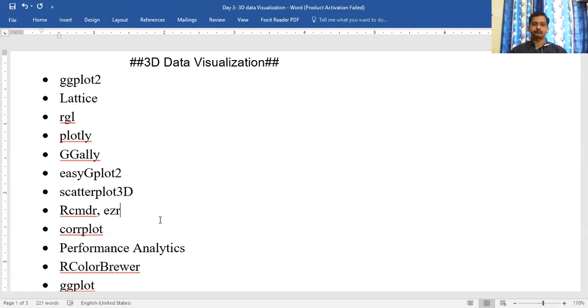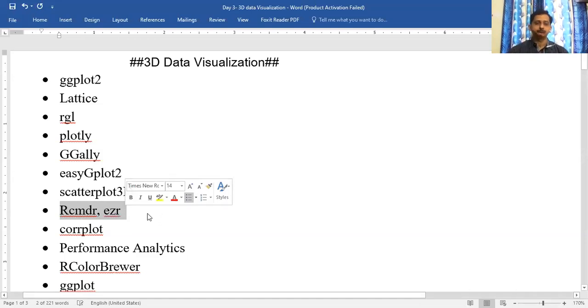To install, use install.packages RCMDR with dependencies equal to TRUE. Once you have installed the package, you call it using the function library. Whenever you want to use a particular package, the way to call it is library(RCMDR), library(carPlot), library(rgl). Now, coming to RCMDR and EZR,